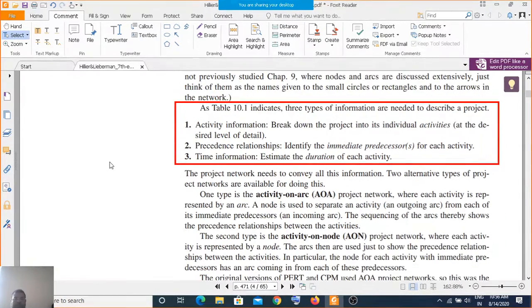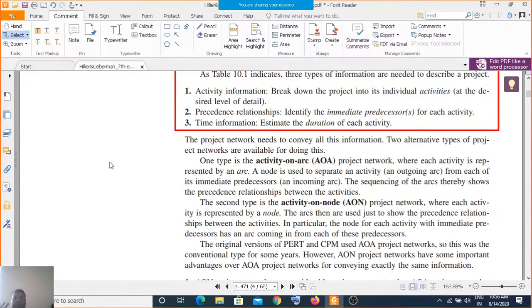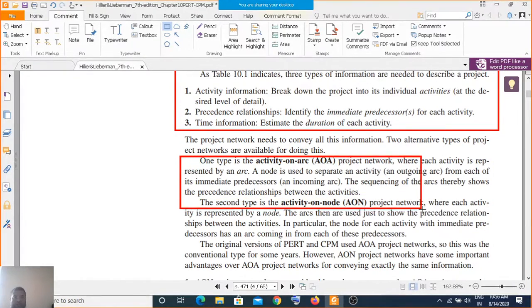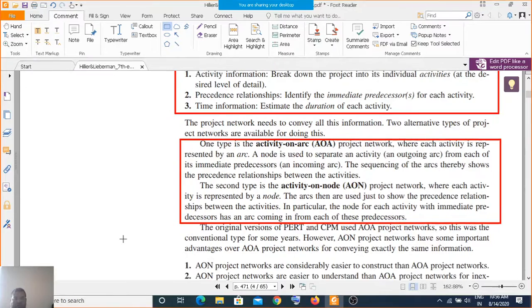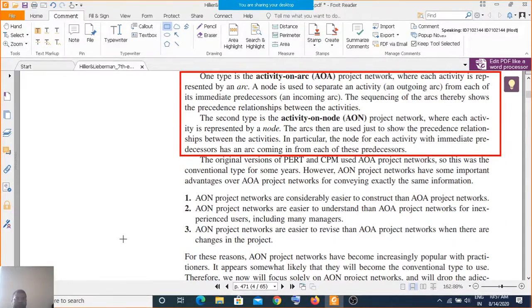So you have two types of activities again. The activity on arc means that while you're shifting from one activity to another, you are doing something that is called what we call umbrella activities in software engineering and project management, or simple activities. Now the other is the activity on the node, as well as on the network. So these are the two approaches that you require. If you consider the original version of PERT and CPM, they use the AOA, or activity on arc, project network.